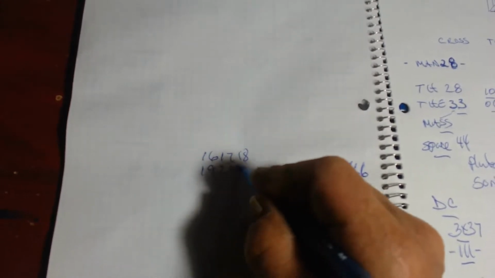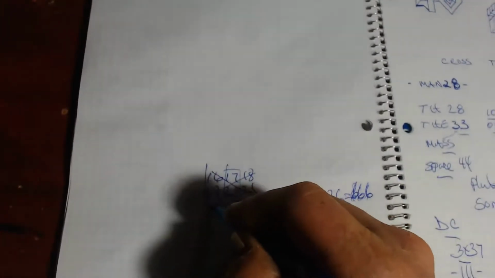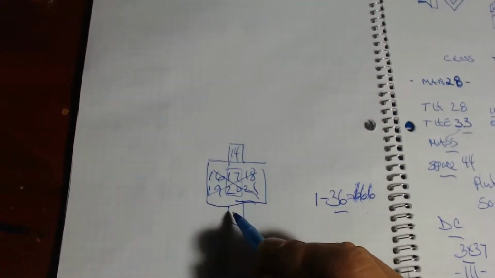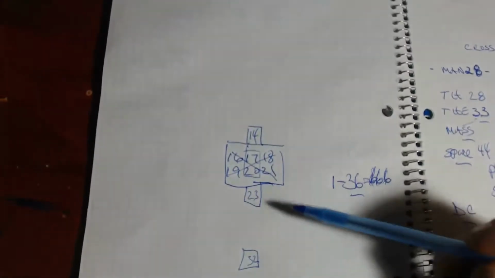So the center of the board is 16, 17, 18, 19, 20, 21. And the crisscross of all the numbers, Union Jack, is right over here. And when you create this, number 14, 1 and 4, 5, number 23, 2 and 3, 5, and down here, number 32, 3 and 2, 5. So which one are we going to work with? 3 and 2, 2 and 3, 1 and 4? Is this the house we should be in, the dividing of the cube, the mirror? Or are we living between 32 and 32? Through the sun,